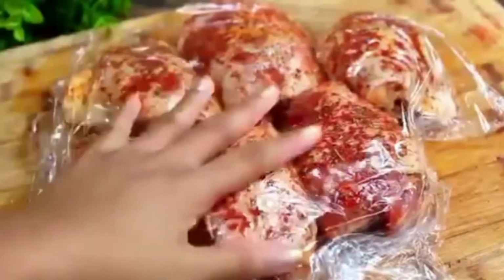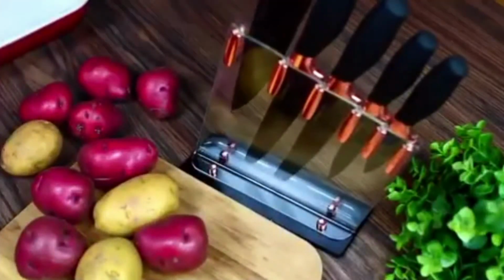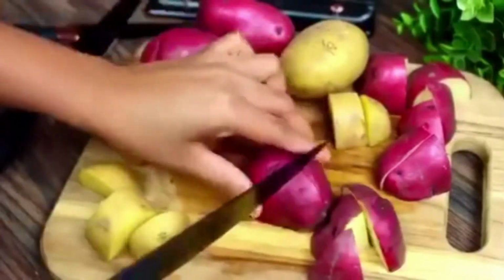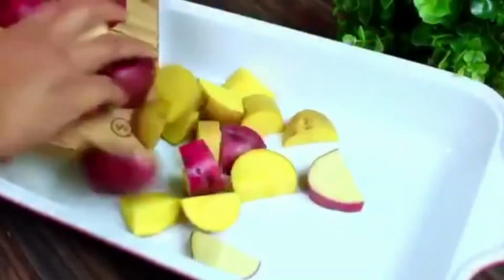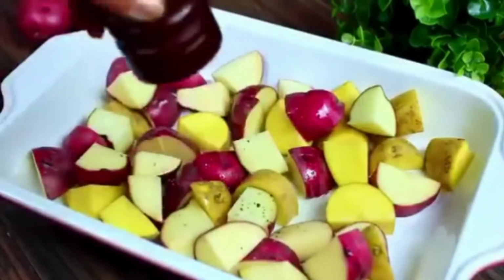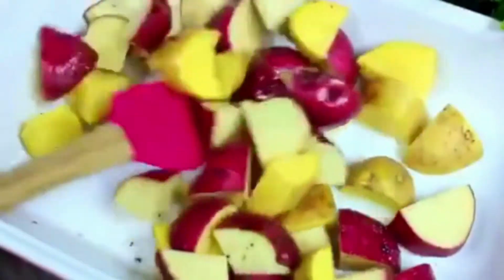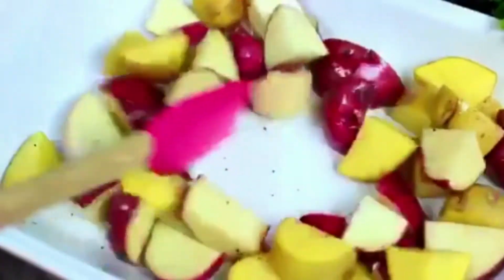amazing flavors. So while the chicken is marinating, we're going to cut up some potatoes. I am using red and yellow. Go ahead and toss everything together and we're going to partially bake the potatoes at 400 degrees Fahrenheit for 30 minutes. And the reason is so we don't end up with raw potatoes when we have